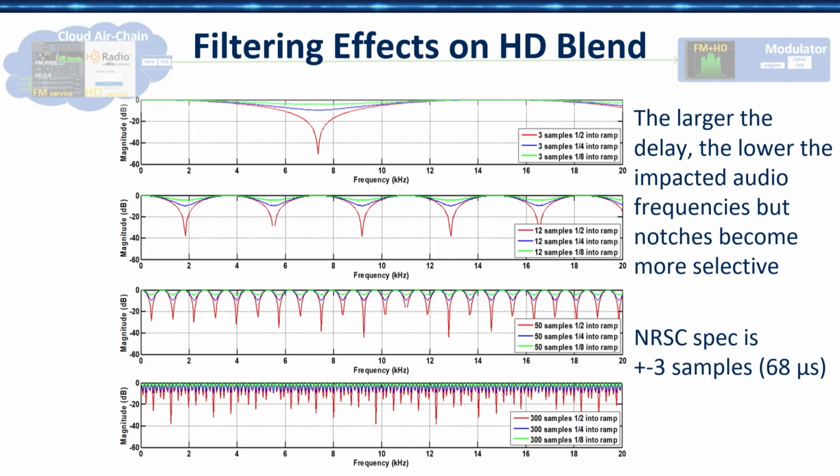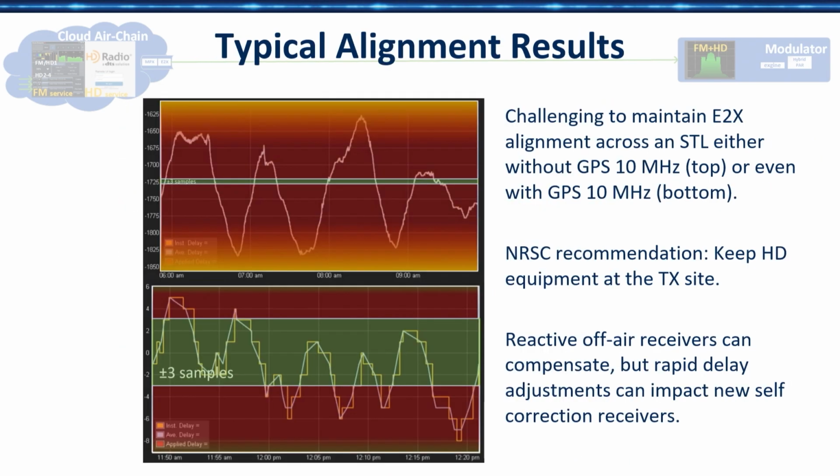So with some of the equipment that's on the market today, here are some captures with an Inovonics Justin receiver. We can log the differential delay over time, and that is taken from the NRC guidelines. The top one would be the exporter back at the studio across a typical STL, not locked to a 10 megahertz GPS reference. And you can see it's going by hundreds of samples. You can't hit that 3 sample window that I've drawn in there. It just moves all over the place.